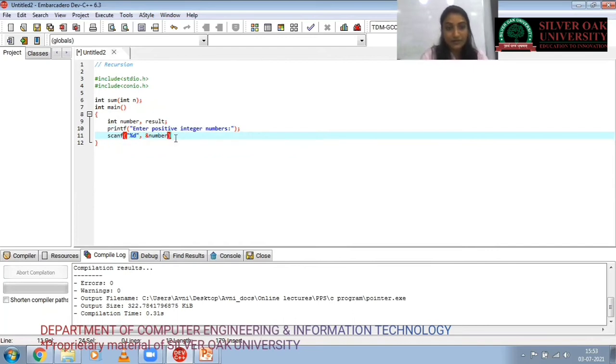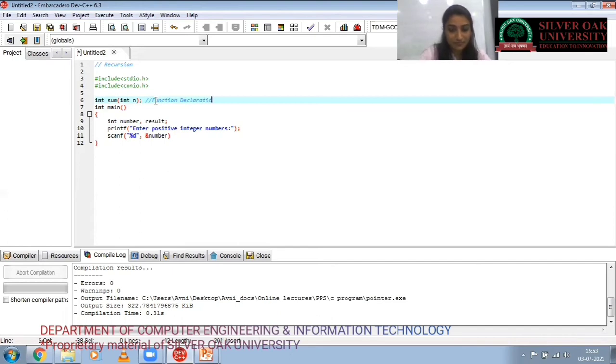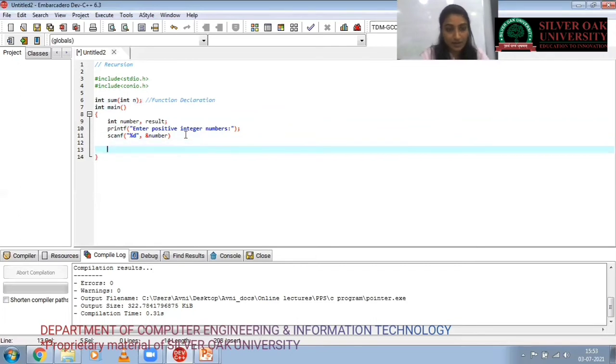This is the function declaration. Now we are using the function calling.